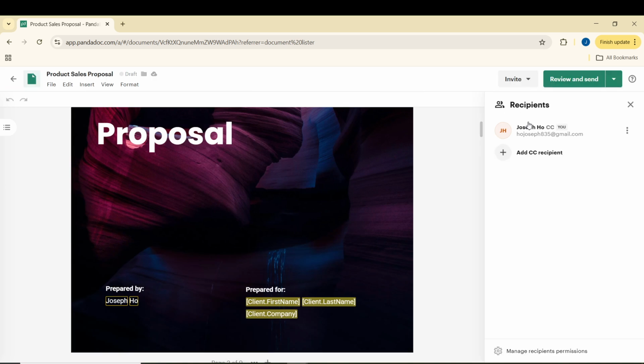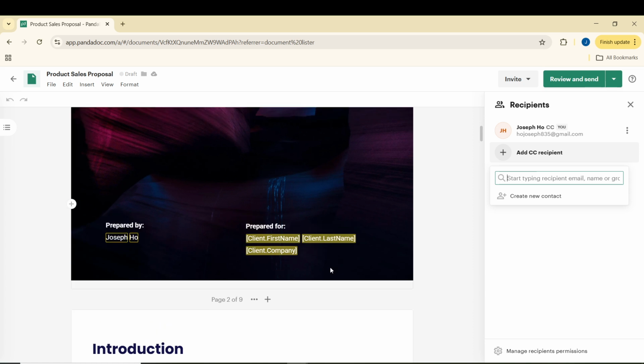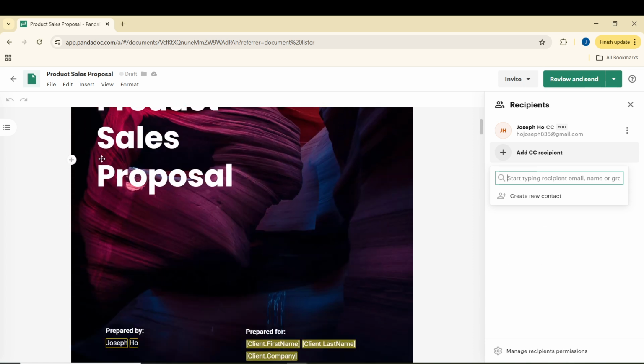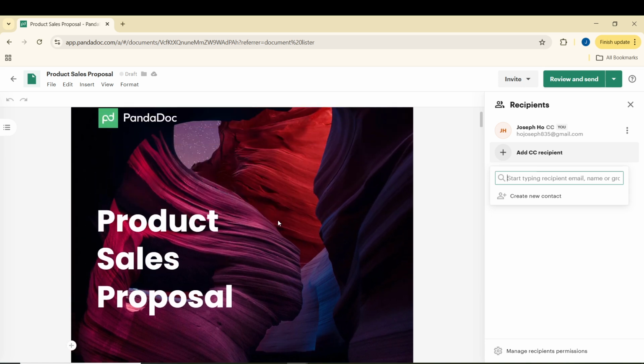Find the recipient you need to update, and then click the Replace icon, shown as two arrows. This lets you enter the new recipient details in place of the original person. Make sure you select the correct role if your document uses roles like signer or viewer. Also, take a quick look through the document to ensure any assigned fields still match the intended recipient, especially signature